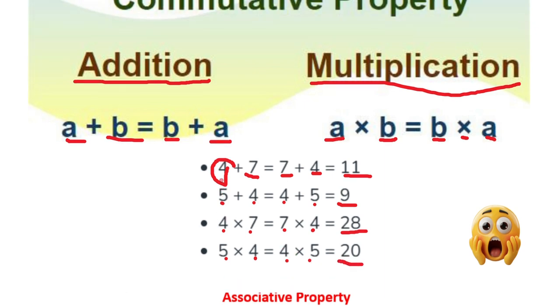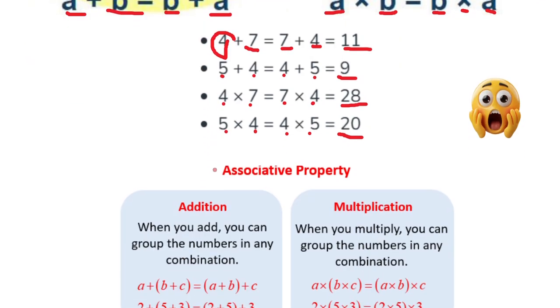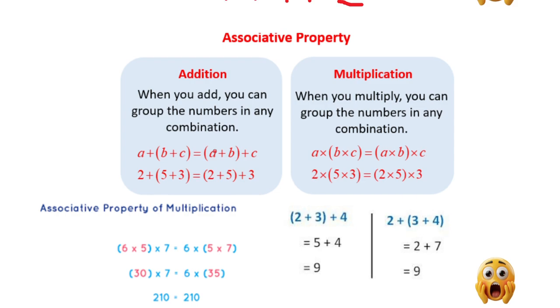That is the first property, which is the commutative property. Now, the second property is called associative property. Associative property comes from the word associate. When we're associating things, we're bringing them together to be combined with each other. In addition, it says when you add, you can group the numbers in any combination, meaning that if we